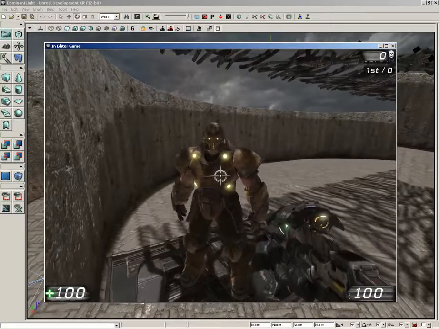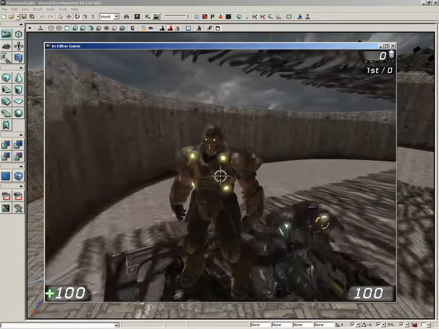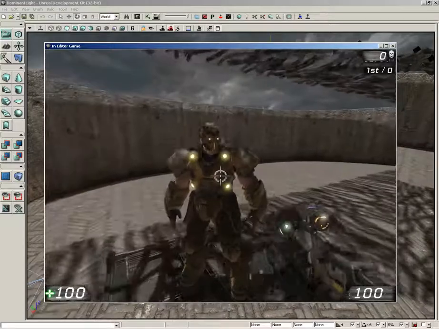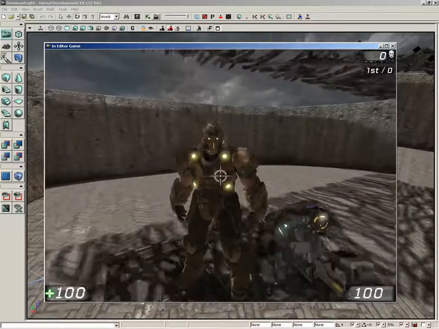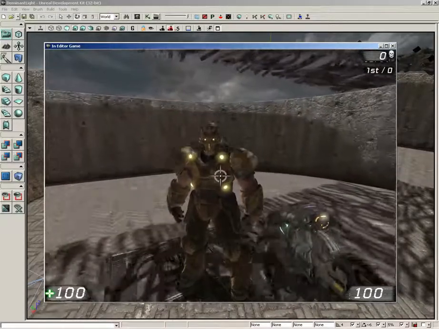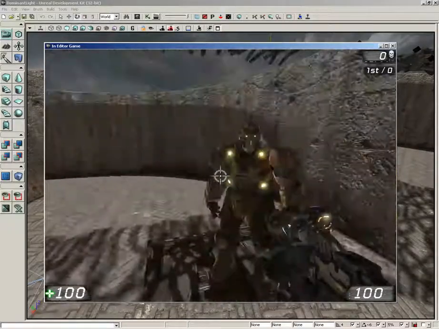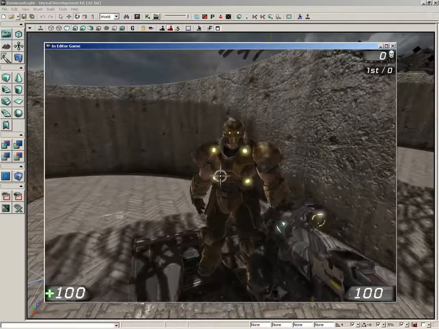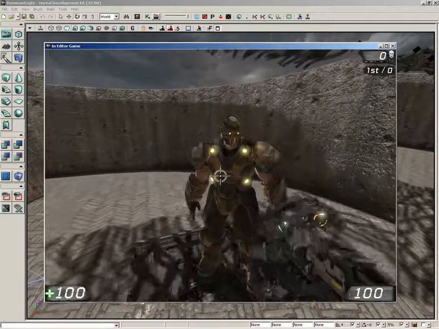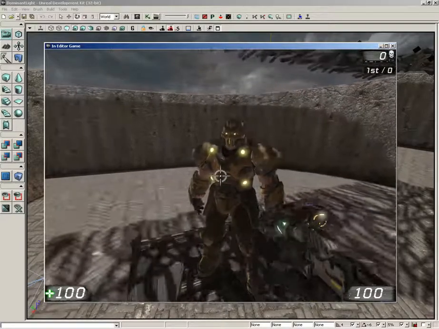This is where your lighting systems should generally be going with your levels. Start off with a dominant light, and then you'll just add some regular lights there if you need artistic control over a certain area. Say maybe if we had something over here in the corner that was supposed to be lit up. A couple of words of warning: you should only have one dominant light affecting any given surface in